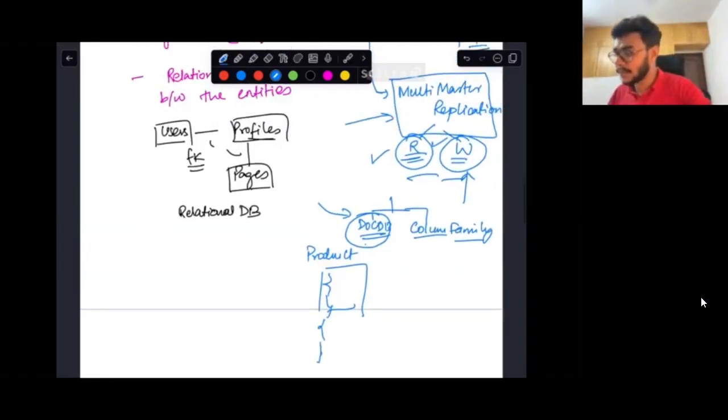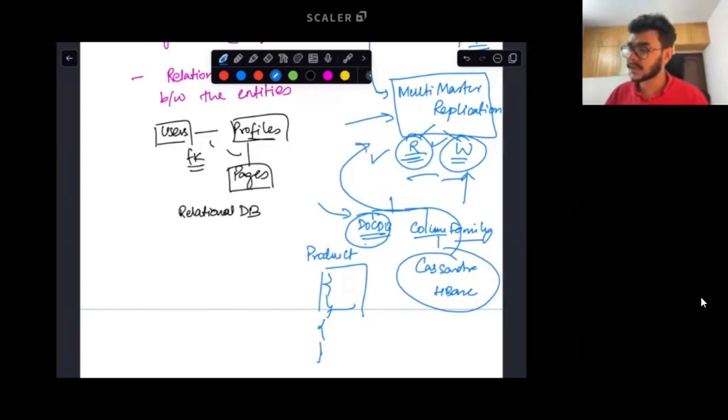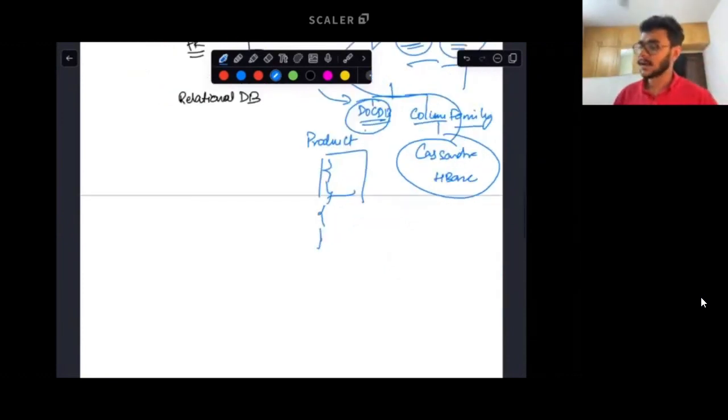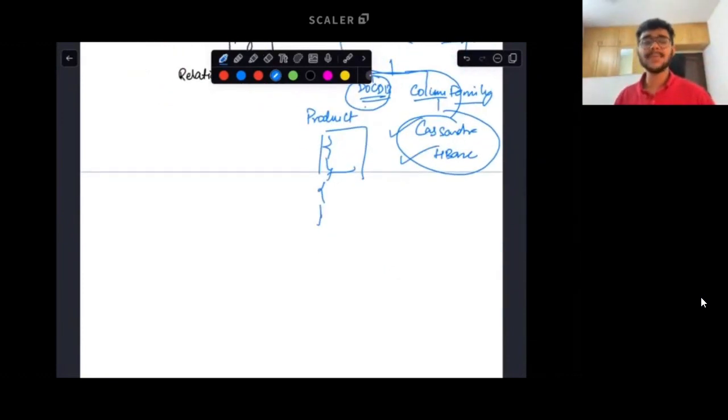Because column family databases like Cassandra or HBase, let's say, also have the flexibility of following this multi-master replication in order to have a highly consistent nature of the writes that are being performed onto the system, right? Because of that, things like Cassandra or HBase can be ideal choices for you to figure out what is going to be the ideal database for the heavy write workload that we have for our system.